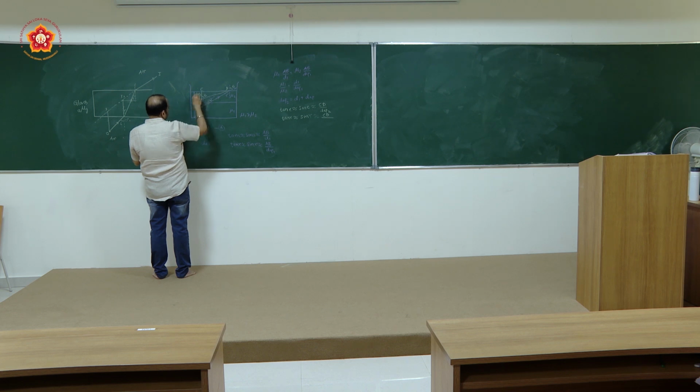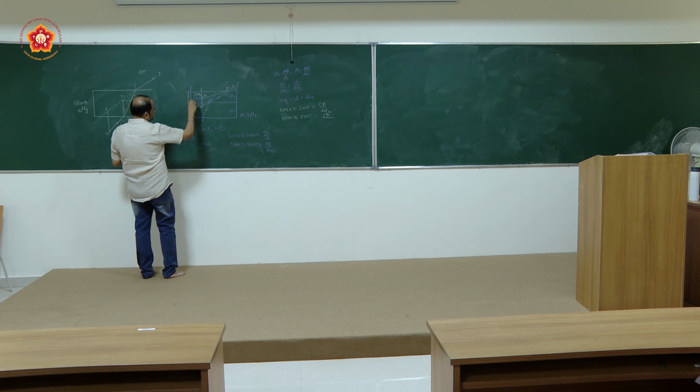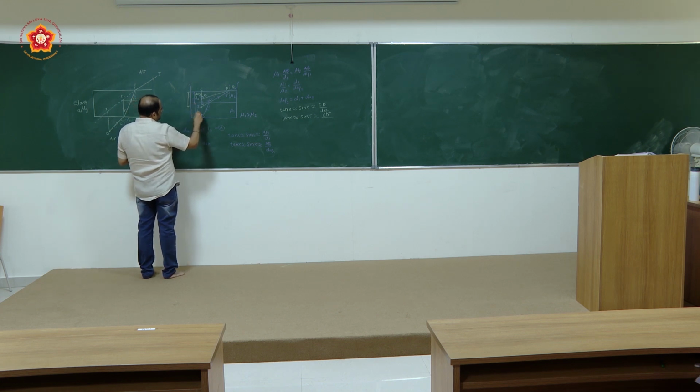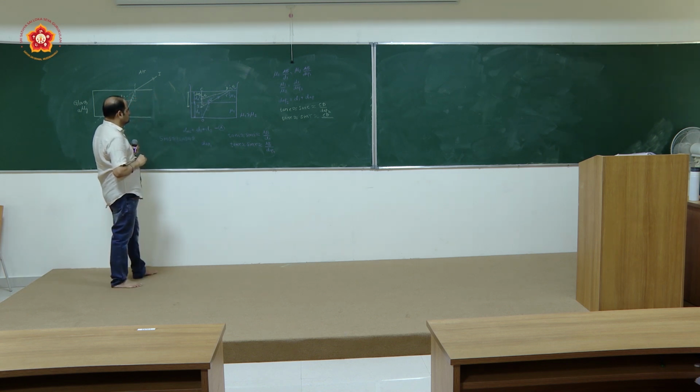You have to take the distance from here to here. How much will this distance be? Because this part is D2, this is D1. So you will be having D1, so it has come up to here, and then later you will have to subtract this much portion from it. I can put it as D2 plus